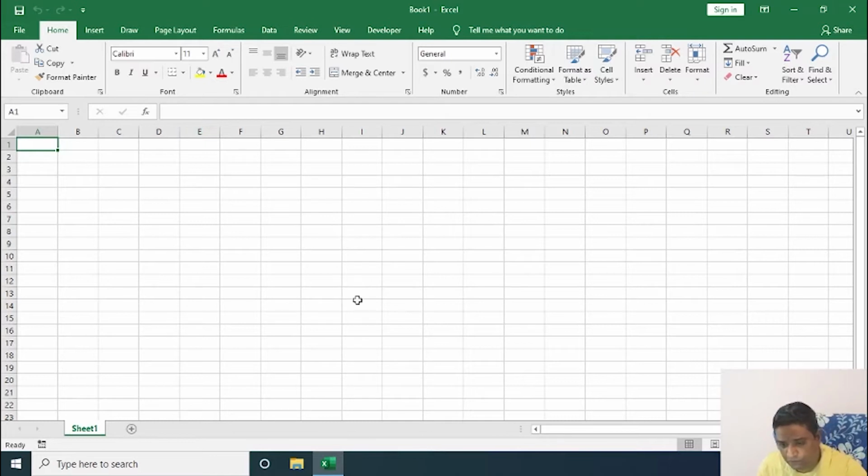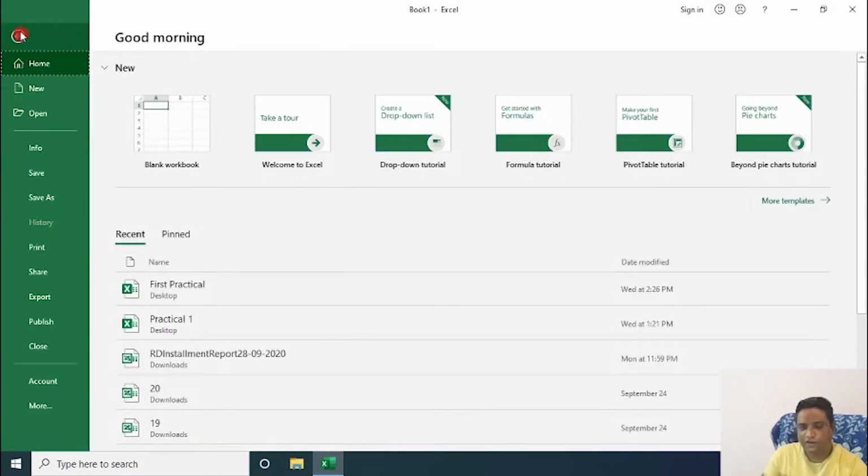So we'll see what are the tabs in Excel. Click on file tab. What is there in file tab? There are options: first, new and open. What is the meaning of new? New is creating a new document or a new Excel file on a computer. Say suppose I want to type something in Excel, so definitely I will open a new Excel file, correct? And open, what is the meaning of open? Open is basically opening a document which is already saved on the computer earlier. So I use the open command.